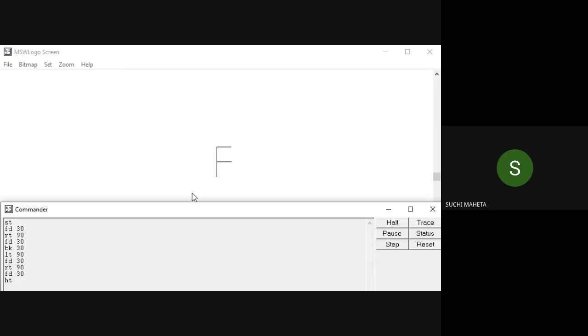Okay. Now I hope everybody has done F. CS space CT. Now I will do show turtle. So I'm giving this command, to see how the turtle is turning and making the shape. Okay. RT space 30, FD 90, RT 120, FD 90, BK 40, RT 1.